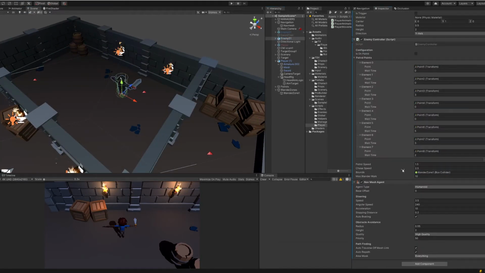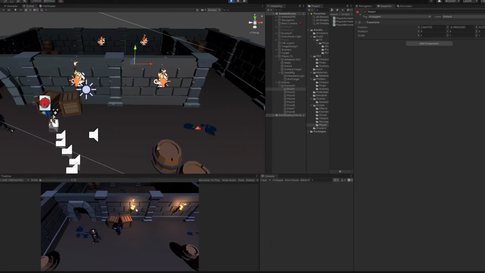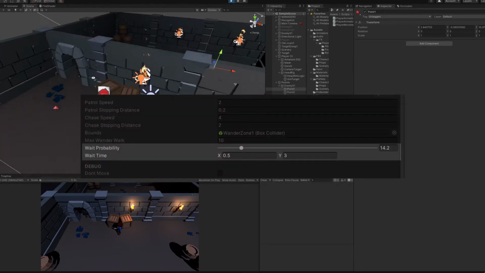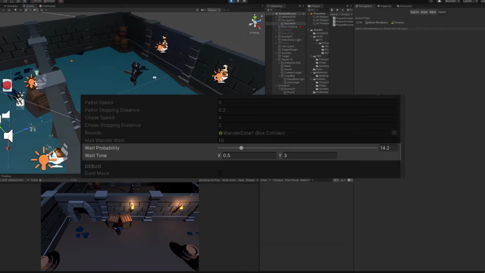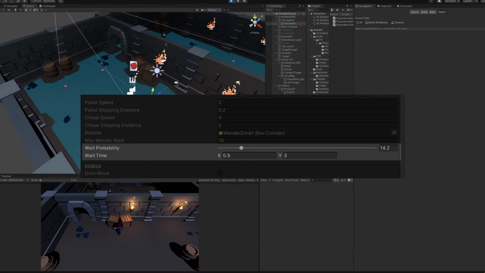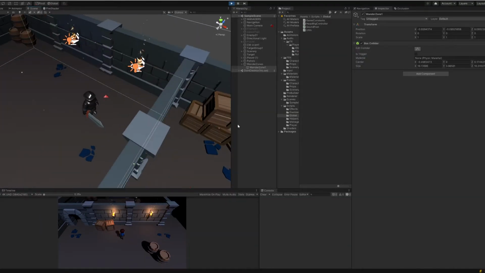Also, as there are no waypoints, I can assign waiting time on these random stops, so I added a couple of values for the enemy controller, waiting probability and waiting time. The first one is a percentage. Every time the enemy reaches one of these points, a random number is calculated. If it is lower than this percentage, the enemy will wait before going to the next point. And to make things more interesting, the other value, waiting time, is a random range. I can input a minimum and maximum time for these waiting states. Then, as with the percentage, a random waiting time is assigned to the enemy. I think this will give the enemy behavior more realism, don't you?